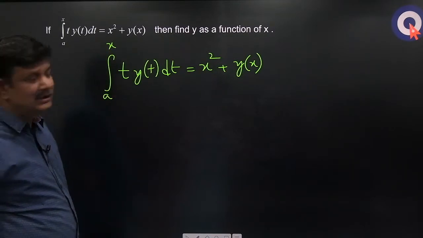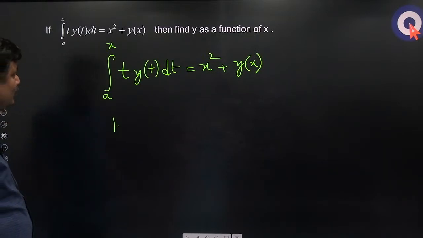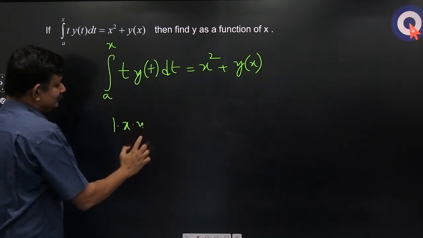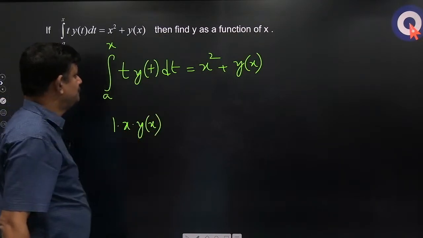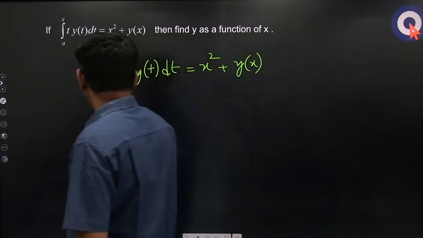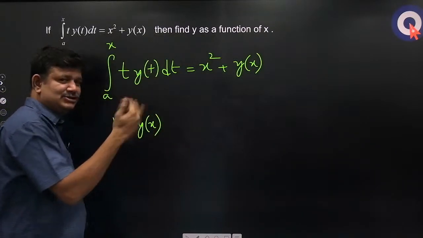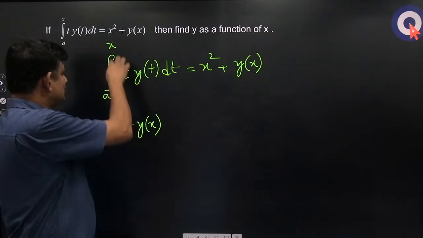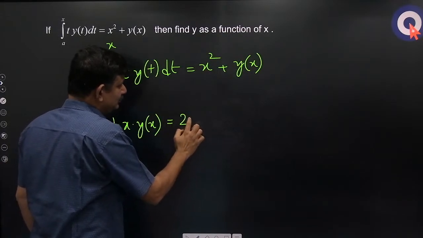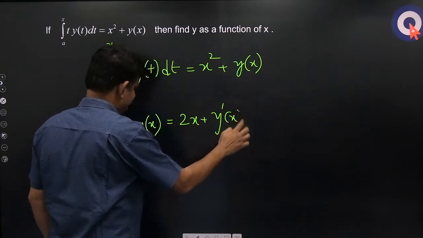न्यूटन लेबनिट्ज थ्योरम। डेरिवेटिव ऑफ अपर लिमिट इज 1 इनटू फंक्शनल वैल्यू ऑफ दिस, कितना हो जाएगा x into y of x. Derivative of upper limit is 1 into x into y of x. Minus derivative of lower limit is 0, तो पूरा ही 0 हो गया, तो इसका डेरिवेटिव आ गया ये is equal to, इसका डेरिवेटिव कितना हुआ 2x प्लस इसका डेरिवेटिव कितना हुआ y dash x।